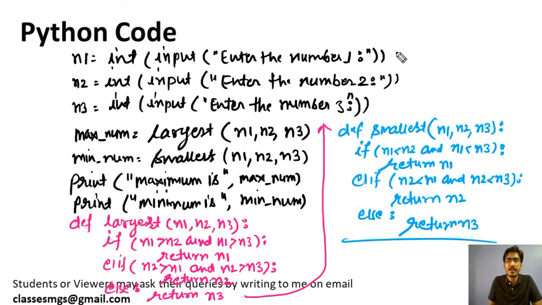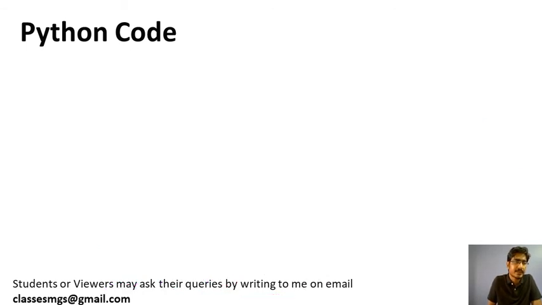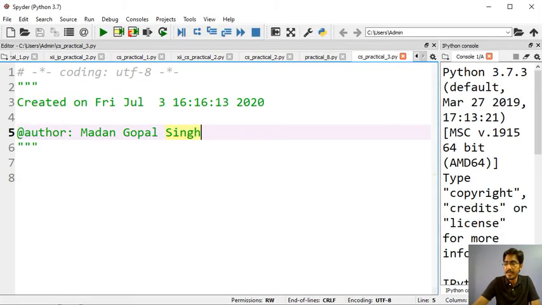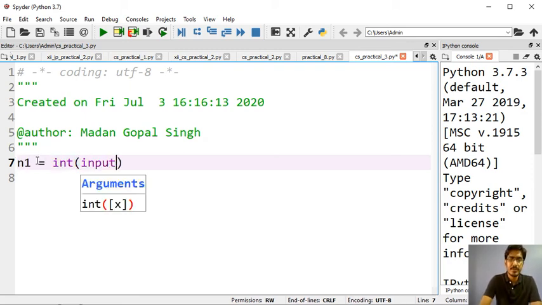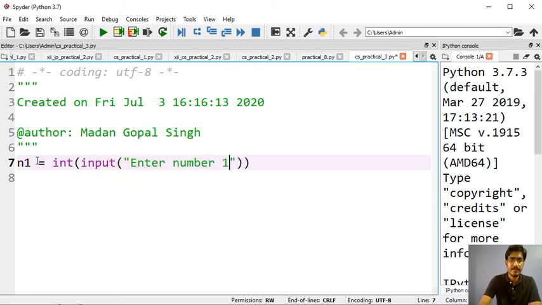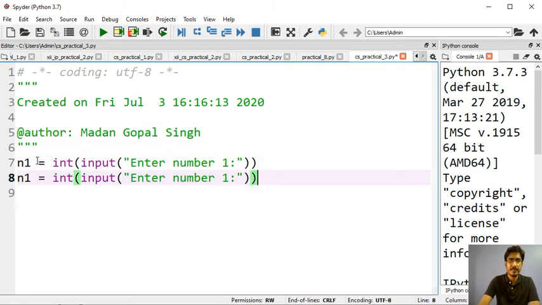Okay, I already gave the input and tested in the previous slide. Let me go to the editor and we will see by executing this. Here we have the editor. Now let me type this code. So first we will take 3 inputs, n1 equals integer input, enter number 1. Same way we will take 2 more numbers.